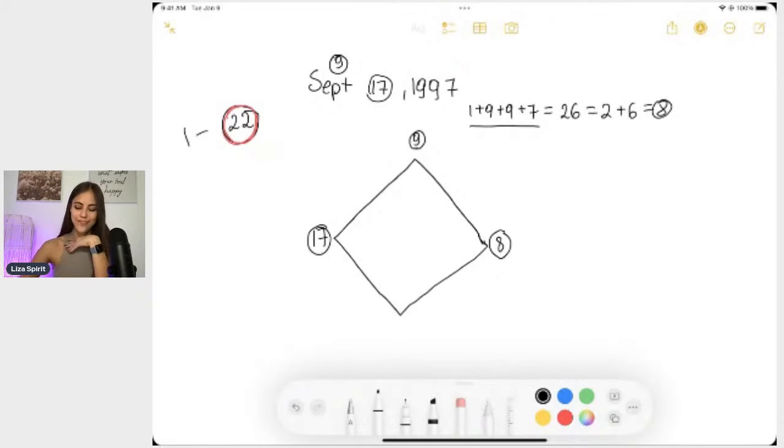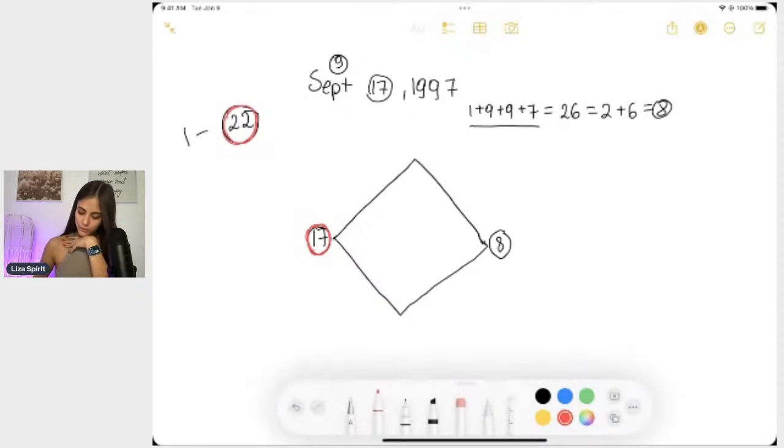One more time. We start with the day when you were born. So for me, it's number 17. We go on the left side, right? This corner. I will highlight. It's the first place we start. Then we move to the months. I'll make them the same size. Let me try.